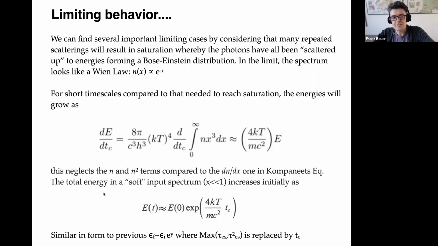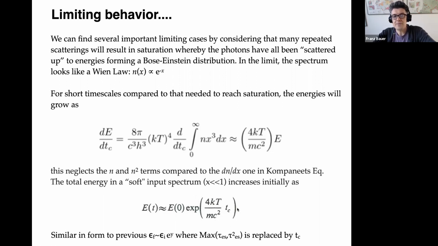And so what will happen here is you end up producing a soft input spectrum, so X is much, much less than 1, the photon energies are much less than the electron energy. This will then increase initially as this. That's what you can see if you put E on this side, you put T on this side, and you integrate, you have TC here and you have 1 over E, you integrate that, you'll get ln E. And so then taking the exponent of both sides, you get something which looks like this. And so the energy will increase exponentially